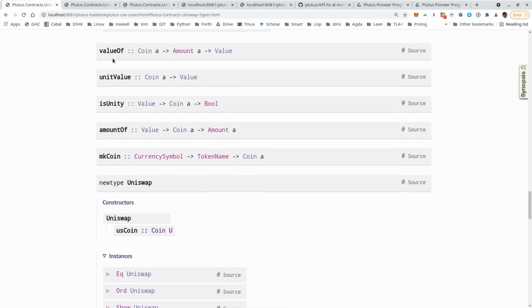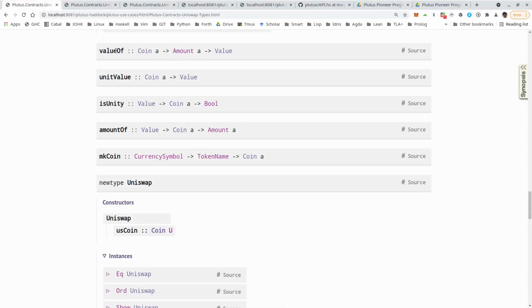Then we have some helper functions constructing a value from a coin and an amount. And here, for example, we see the use of this phantom type. That's actually a common trick in Haskell. Because now if we have, for example, a pool operation that has 2 different coins and 2 different amounts for the different coins, and if the one is tagged with this type capital A and the other with capital B, then normally one could easily confuse them and somehow do operations with one coin with the amount for the other and then make a mistake. And here the type system enforces that we don't do that.